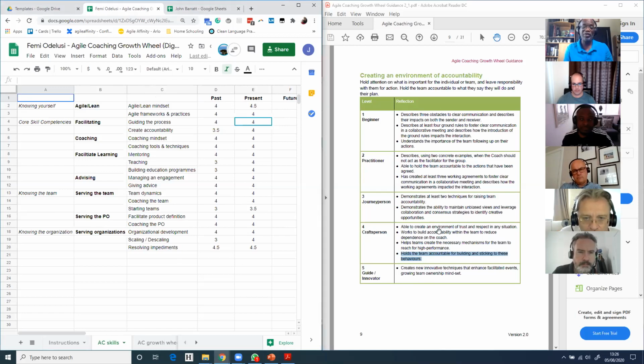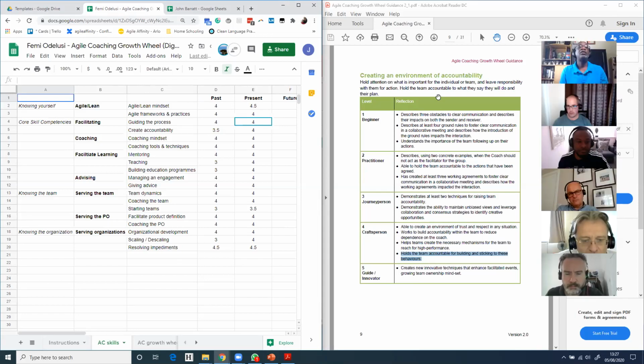That is probably the most important one for me, because I've been able to take people to a place of psychological safety. And finally, holding teams accountable for building and sticking to these behaviors is something that I've also been able to practically demonstrate. So that for me will be increased to a 4.